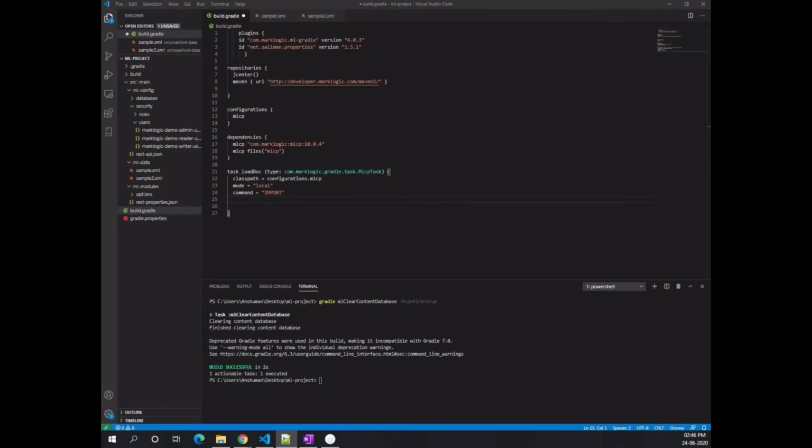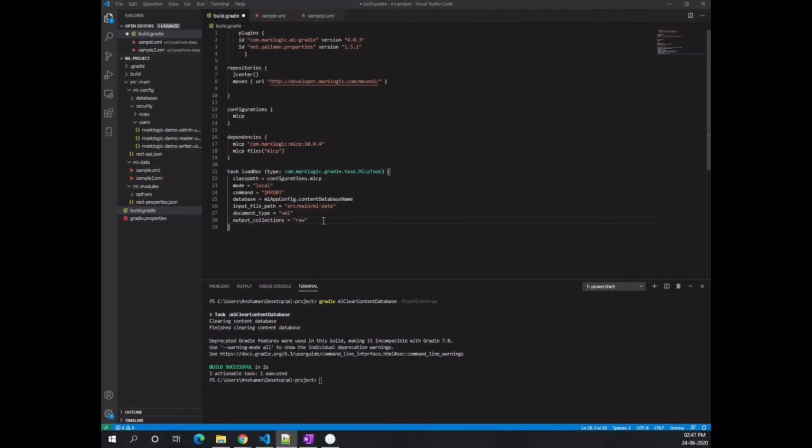The database will be the content database name that we have defined, then the input file path, document type will be XML, and output collection will be raw.